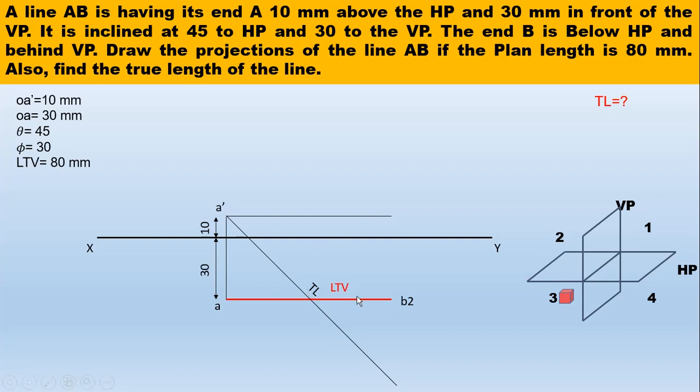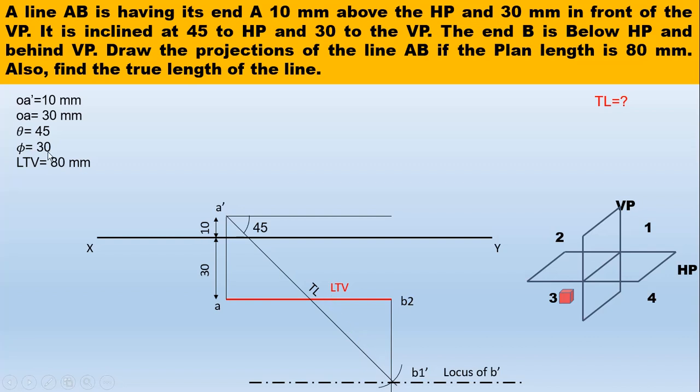Now our basic rule is: length of top view will give you true length in front view. So this is true length in front view. Now if you project this length of top view, you will get true length in front view. The intersection of these two will be, let's say, point B1 dash, and the intersection point of these two will give you the locus of B dash. Now you have true length in top view.